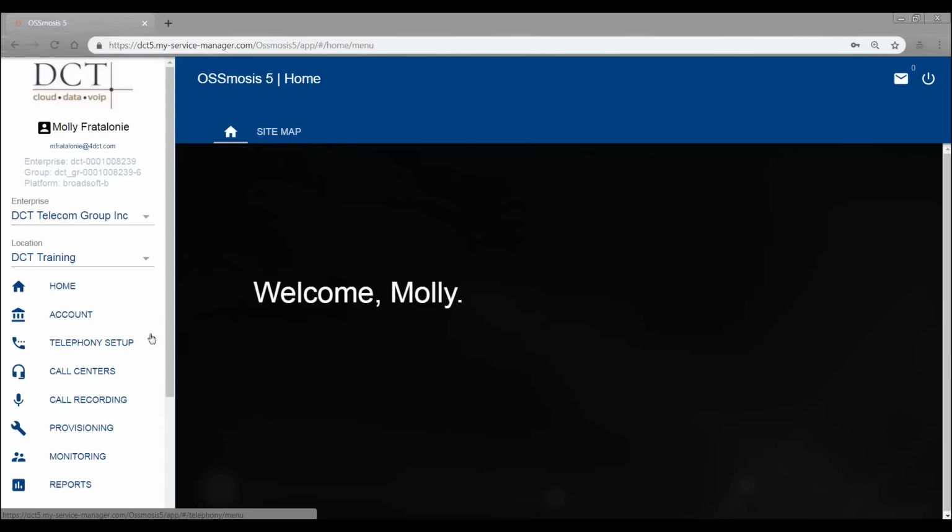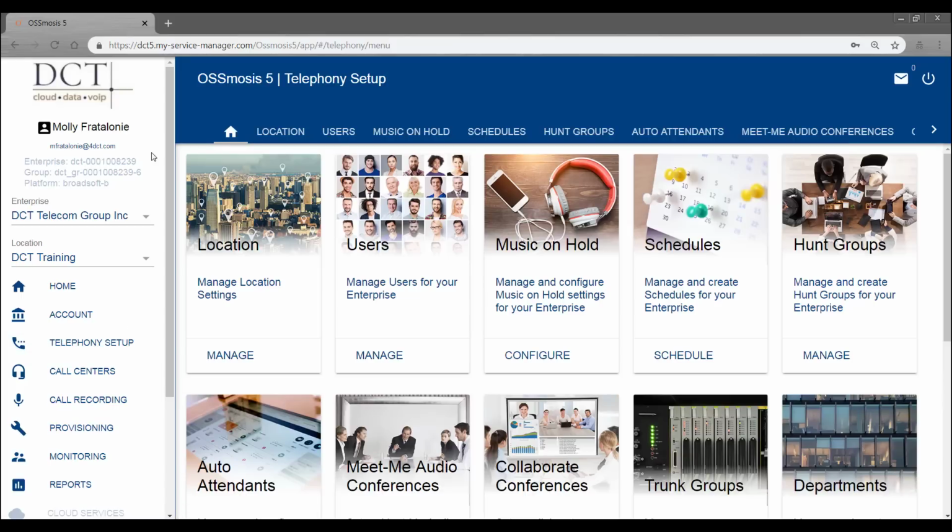The majority of the changes you will be making will be under the Telephony Setup menu. When I select on this from the navigation menu, it's going to pull up a listing of various tiles that I can then select on. Location, users, music on hold, schedules, hunt groups, and auto attendants are the key areas you will be making any adjustments or changes. The additional tiles on this screen will only be available if they are items that you are